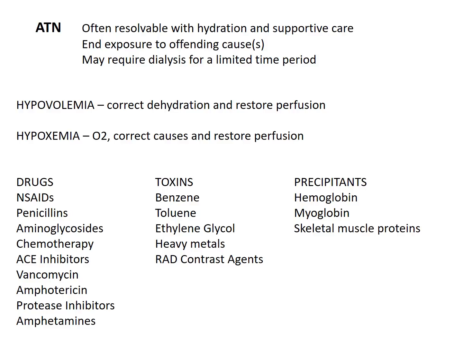So ATN is often resolvable with good hydration and supportive care. If there is an offending agent, you've got to stop exposure to the offending agent. In a really severe case, such as the one we just looked at, the individual may require dialysis for a limited period of time until the nephron regenerates. Hypovolemia and hypoxemia are common causes of ATN, but now take a look at the other toxins that can directly damage